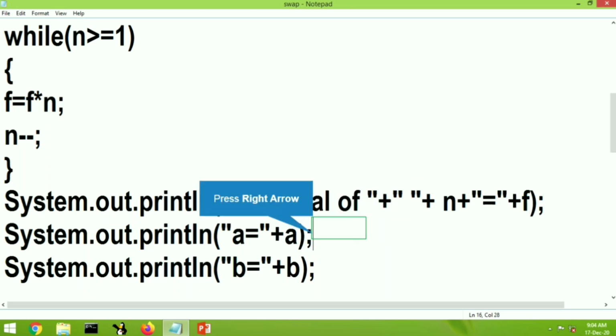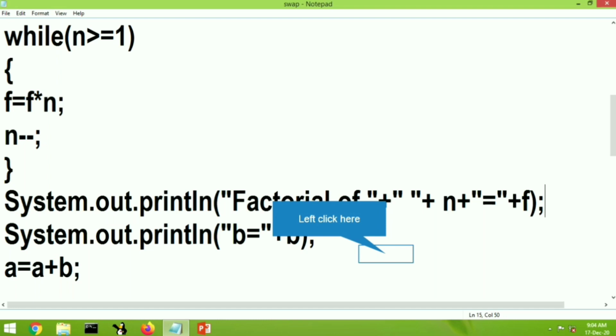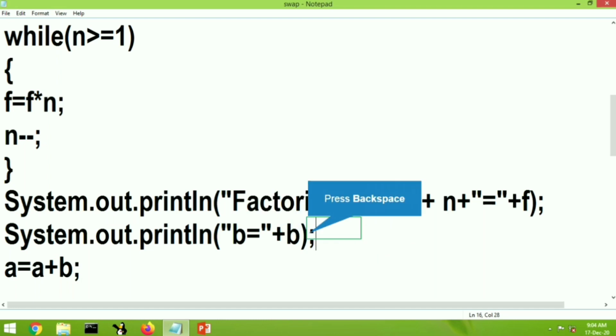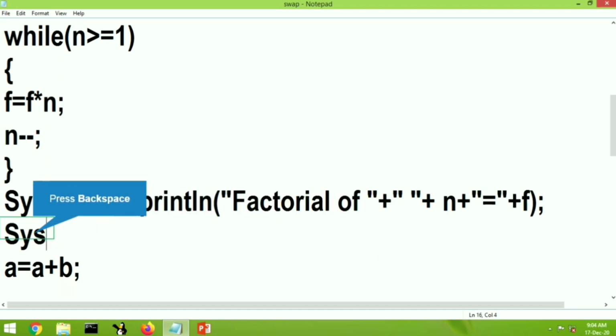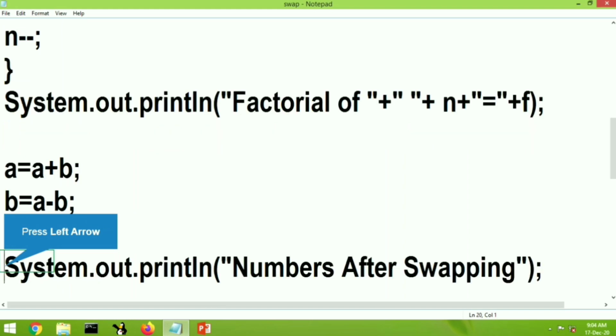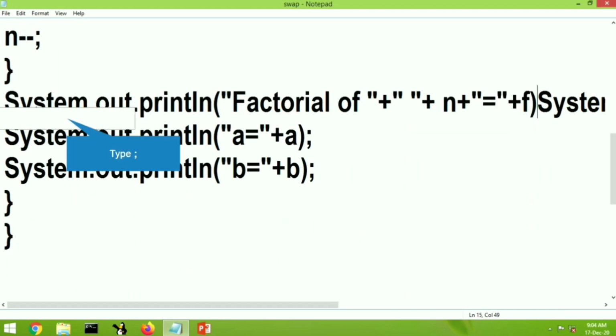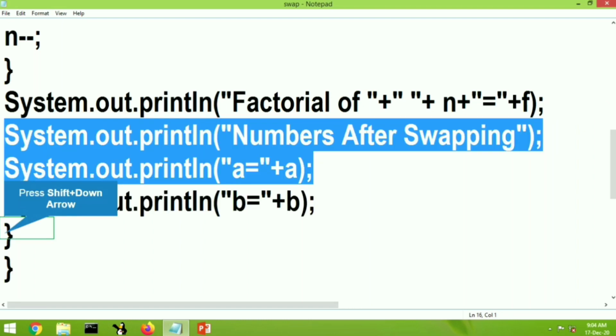We need to remove these two lines, not required at all. So we will delete these lines. Then we will see how many curly braces have to be closed. The while loop is already closed, so we need to close 2 more, one for the main function and one for the class. After the removal of these lines, we need to close the curly braces. Okay, so we have completed this.